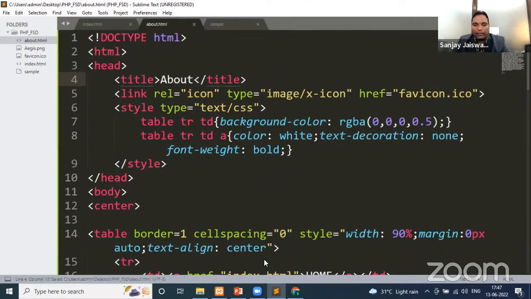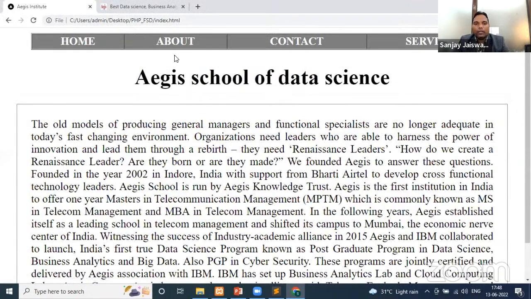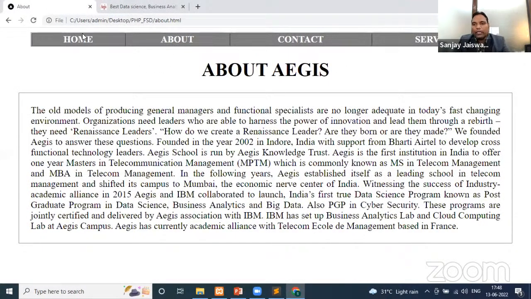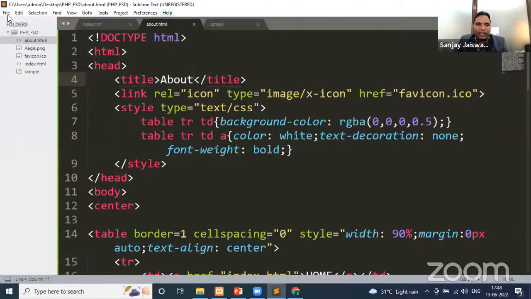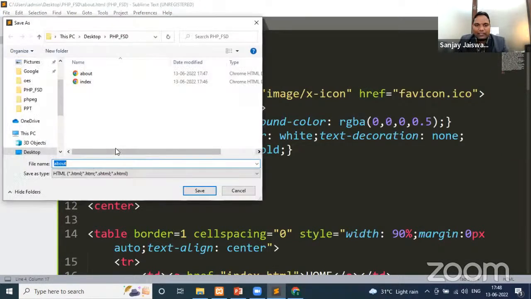Save it and reload it. So here we have our about ages. So here we have home and here we have about. So here we have two different types of pages. Similarly, you can create contact and you can create the pages. For that, we'll simply save the same about page file again, as, let's save as